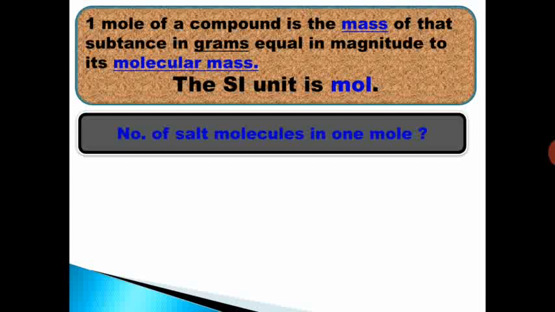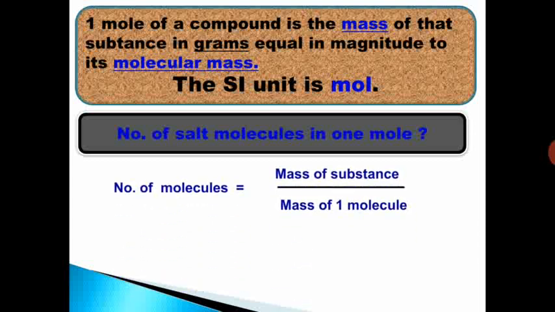Now mole can be expressed not only in terms of mass, but we can also express it in terms of number of particles, that is the number of molecules present in the substance. Practically it is not possible to count them because the number of molecules is very large and molecules are very tiny, so we need to estimate them. We can't guess them, we can't count them, so we can calculate them by using a formula. The number of molecules is equal to the mass of substance in grams divided by the mass of one molecule.